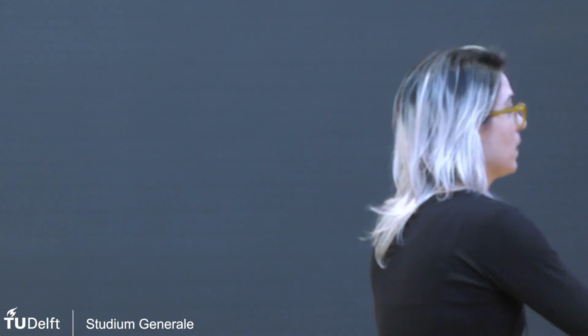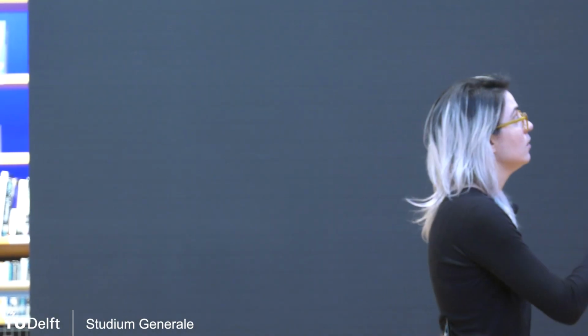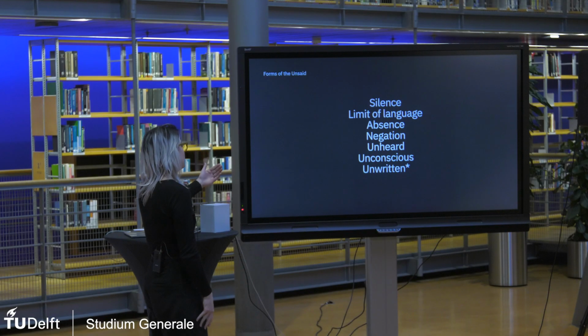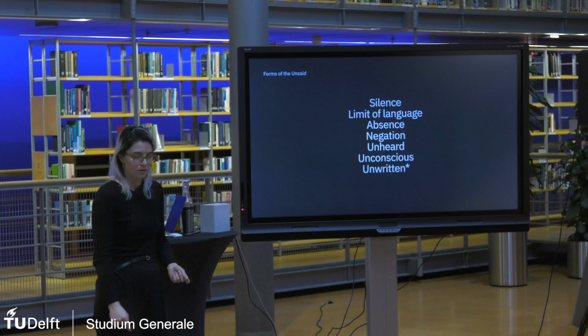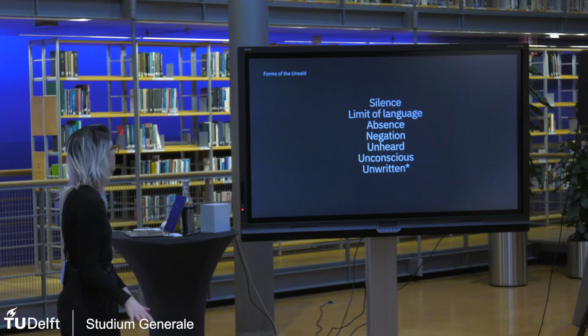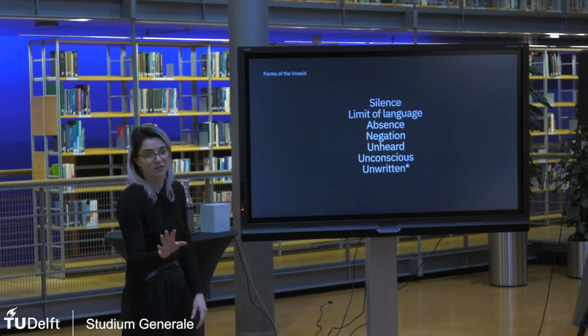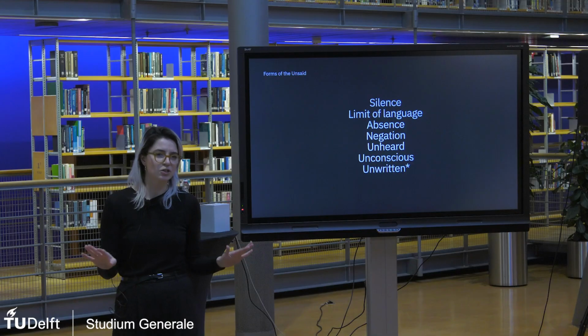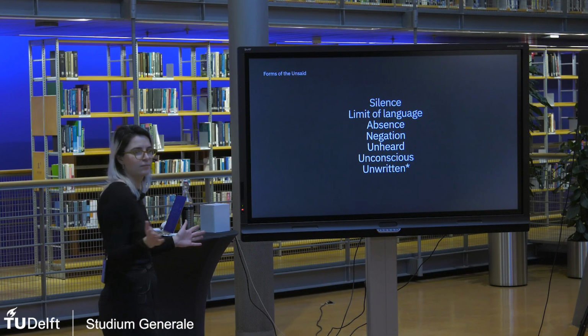And these are the forms that I often use in my works as tools. Silence. You are simply not talking at all. Or limit of language. Some things cannot be expressed in language. They could be in the body, and you simply cannot find the terminology. Absence, meaning you're talking of what isn't there, the missing of. Negation, you're bluntly denying or negating the phrase by using simple negations like that did not happen. Or